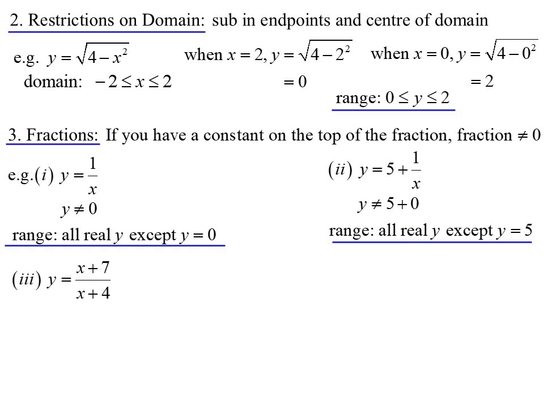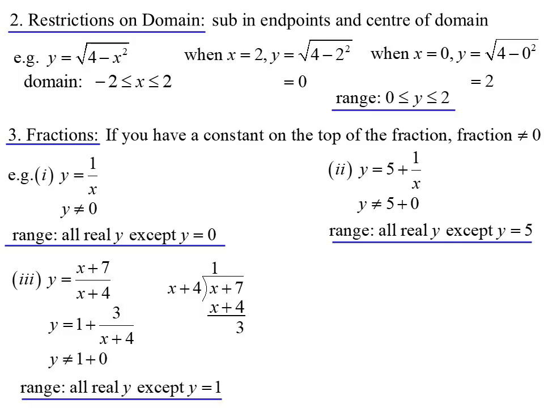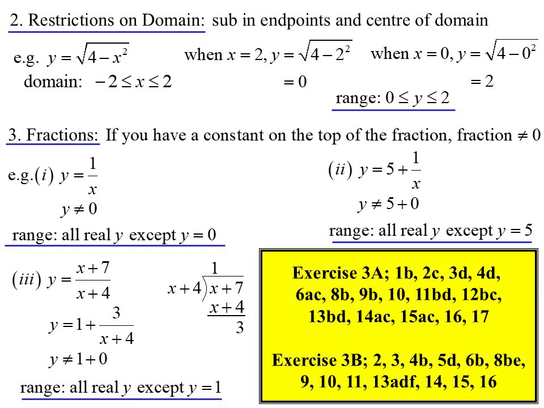Ooh, x plus 7 on x plus 4. Bit harder to tell. There are different ways we will see to handling this. At this stage, probably just breaking this up into its components. We do a polynomial division, I guess is what I'm saying. If I was to divide x plus 4 into x plus 7, I'd get 1 plus 3 on x plus 4. Well, now I've got a fraction where there's a constant in the top. I know that fraction can't equal 0. The y can't equal 1 plus 0. Everything except 1. So 3a and 3b